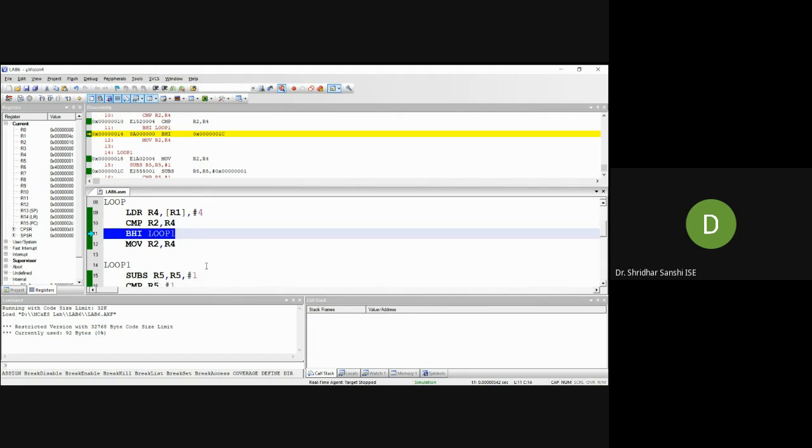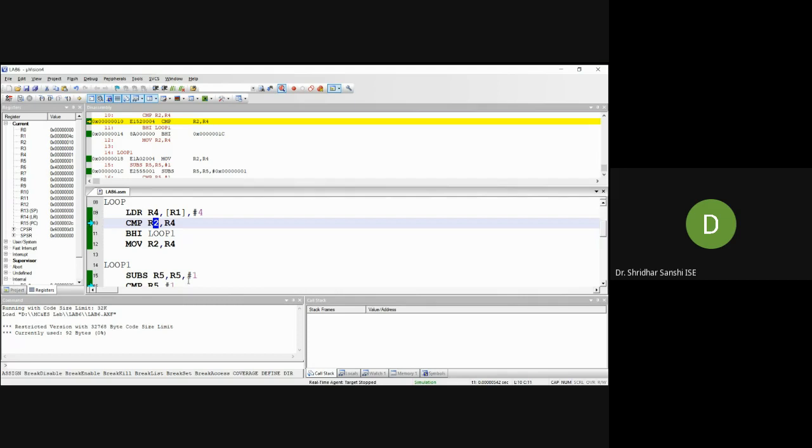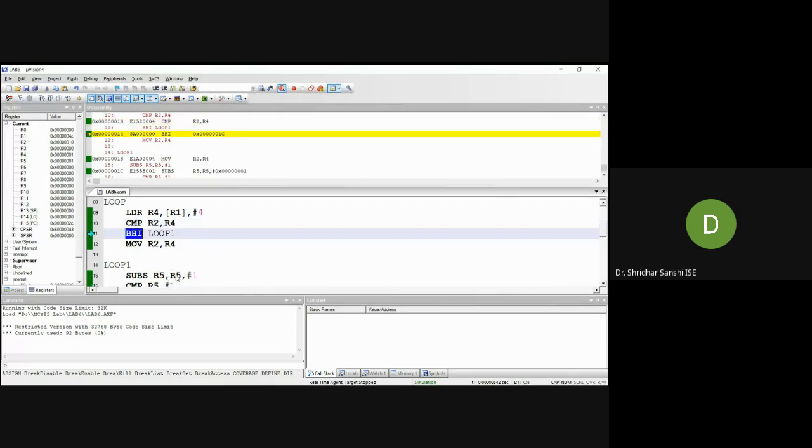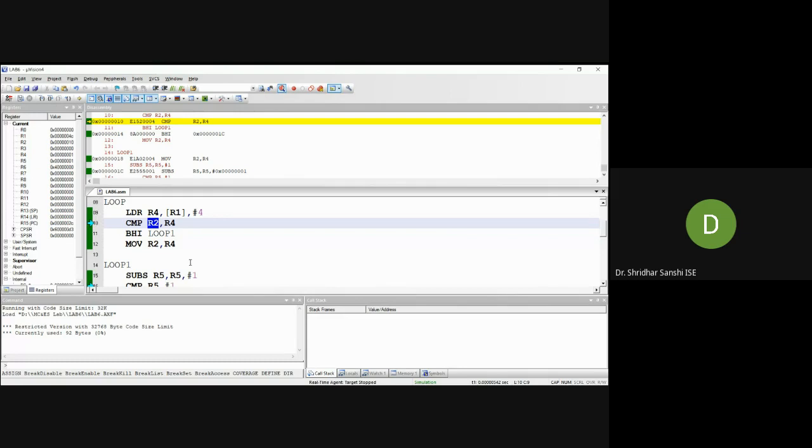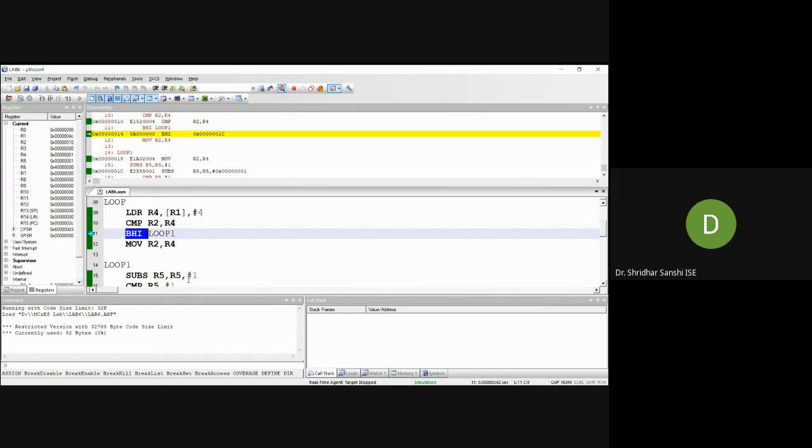If it is a negative value, then this instruction will not be executed. If it is equal to 0, then the zero bit will be set. Based on that, you can use this branch instruction. So with BHI, when we subtract the contents of R4 from R2, if the result is greater than 0, then the instruction we are providing with BHI will be executed.